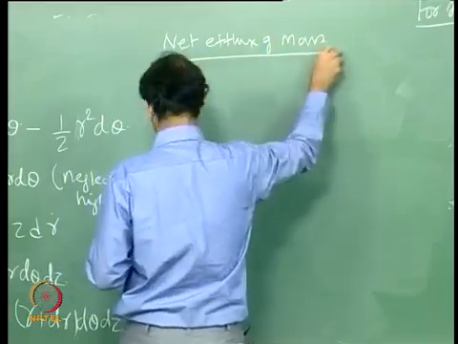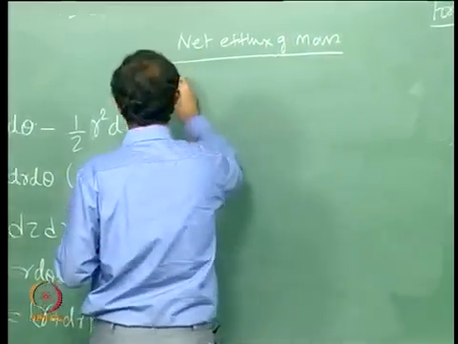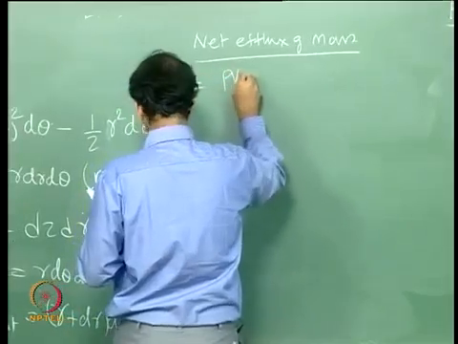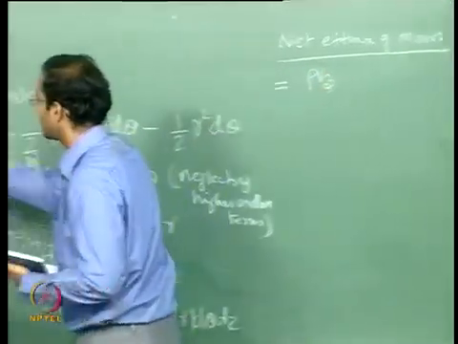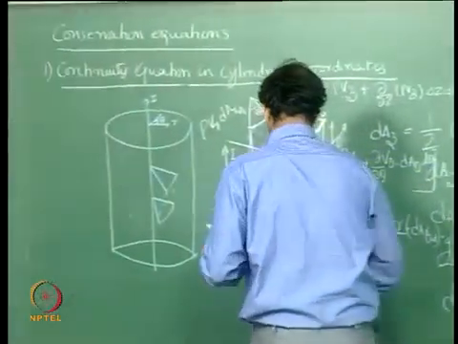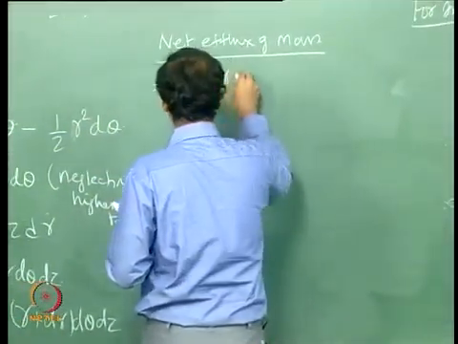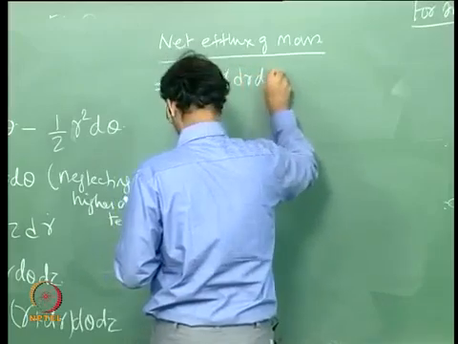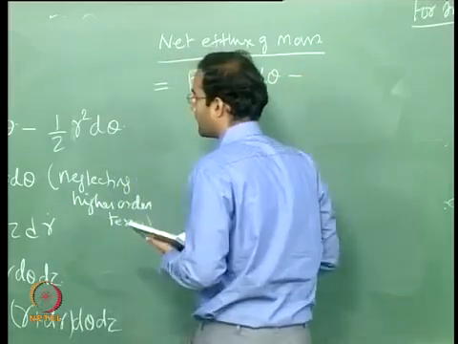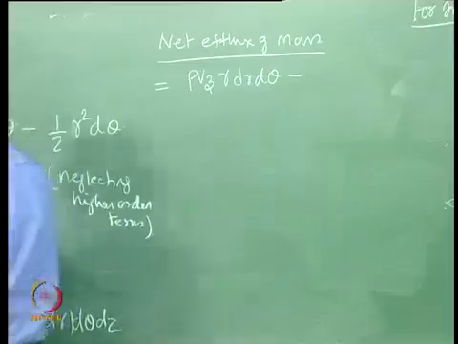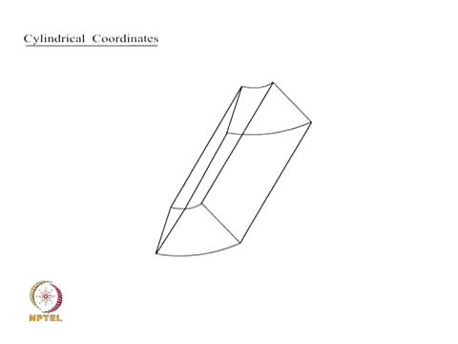So we will add them together. Along the z direction you have rho Vz into dAz, which we already know is r d theta r dr into d theta, minus the flux which is leaving in the z direction from the top,